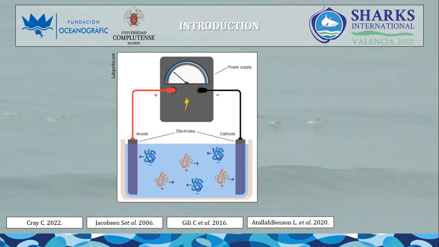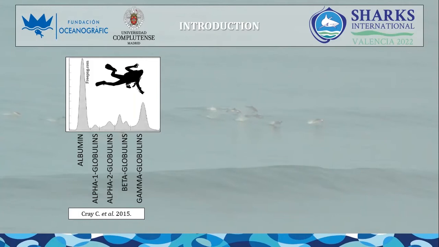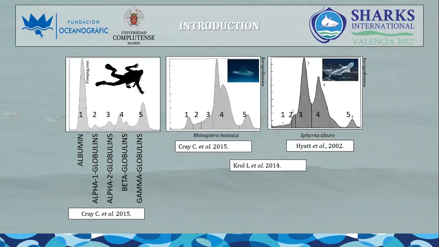including Elasmobranchs. In humans and most mammal plasma protein electrophoretograms, we can distinguish 5 main fractions from left to right, which would be albumin, alpha-1, alpha-2, beta, and gamma globulins. In Elasmobranchs, interspecific variations are great, and to facilitate protein electrophoresis interpretations, electrophoretograms have been previously divided into 5 different